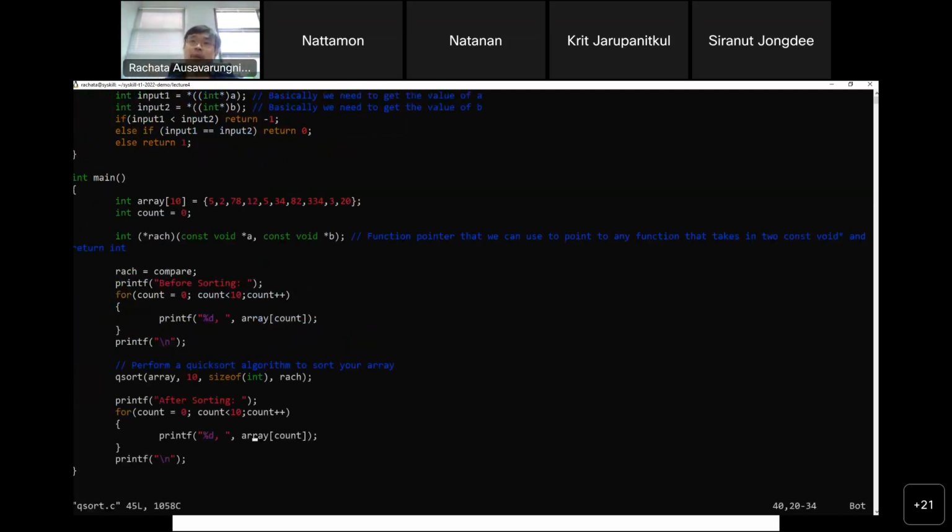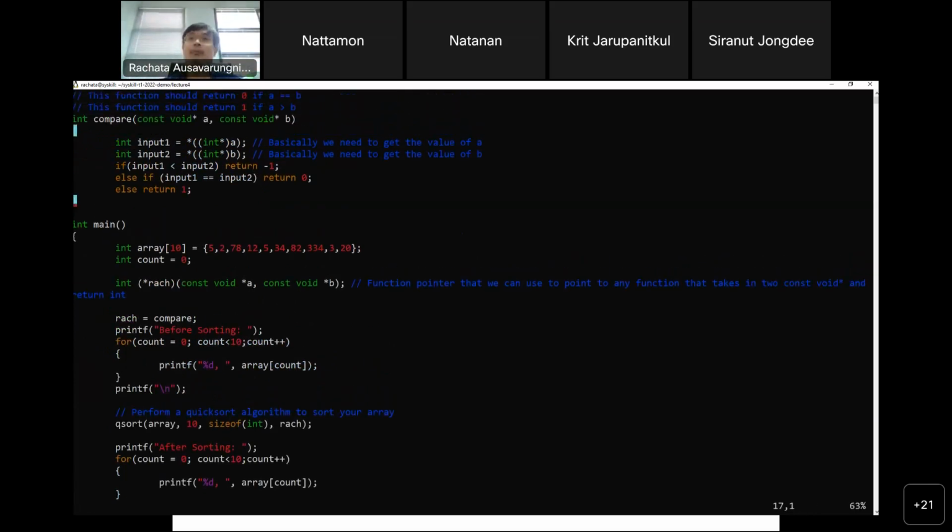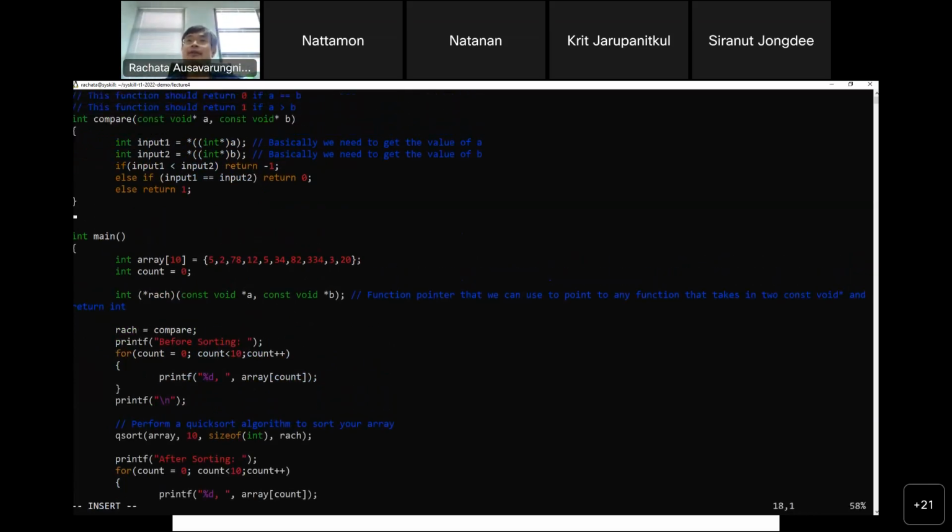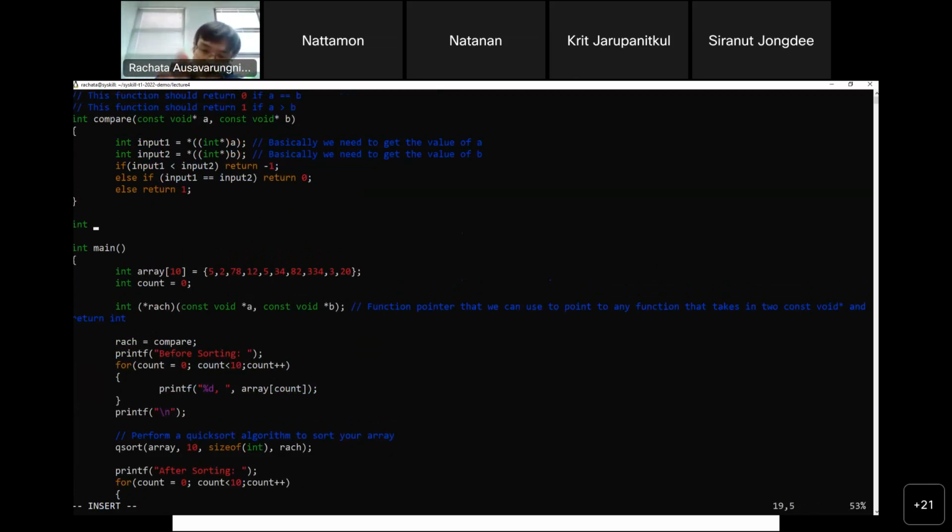So now let me do something quick with this program. Instead of sorting smallest to biggest, I want to sort biggest to smallest.